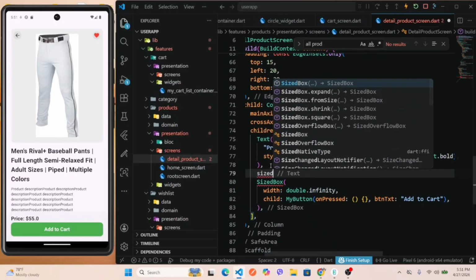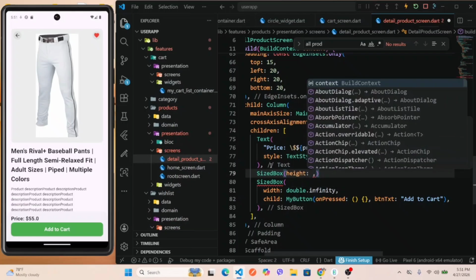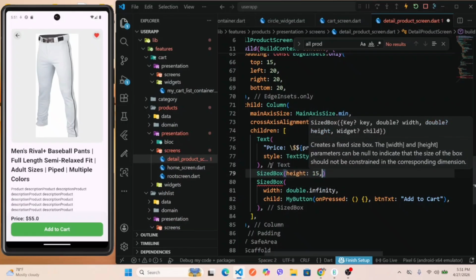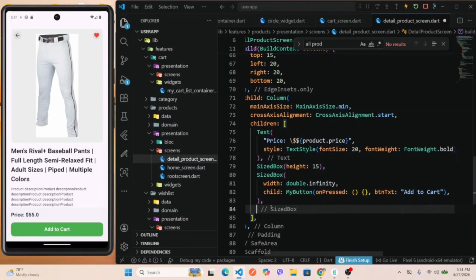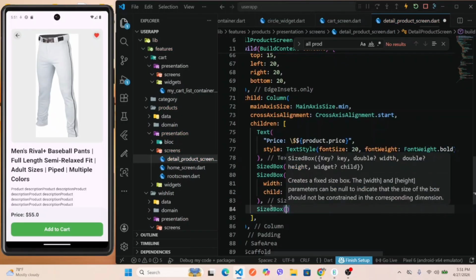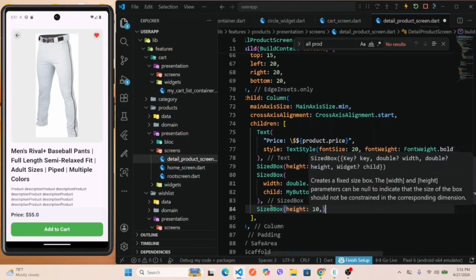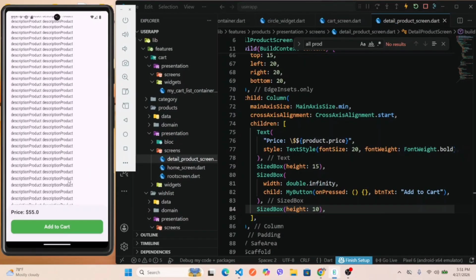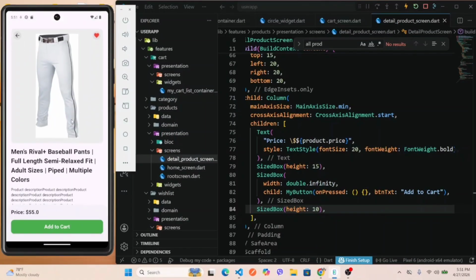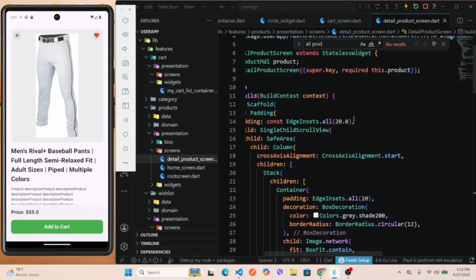Below this text, let's give the size box height of 15. We can also, below this button, give the size box height of 10. Okay, and it's looking good. Okay, and it will not work because